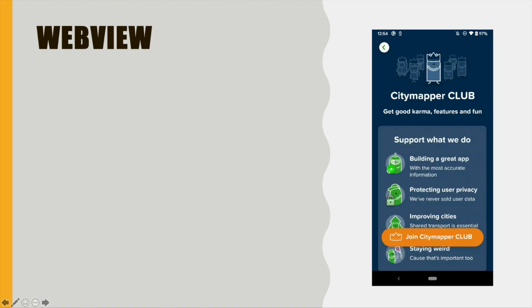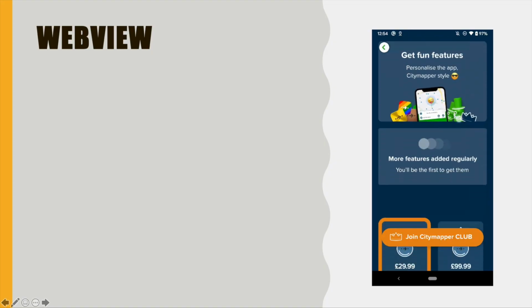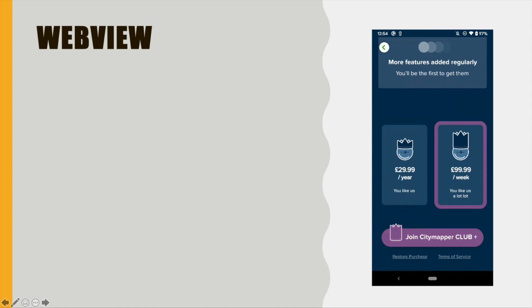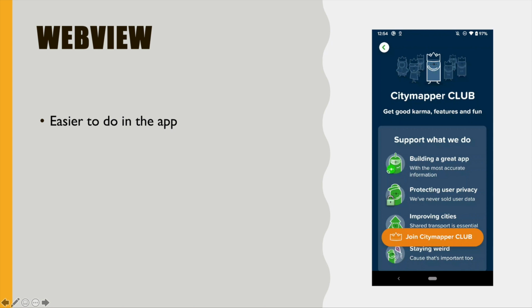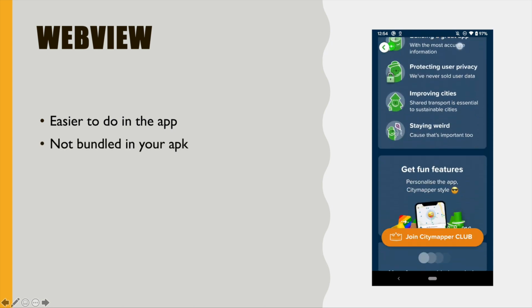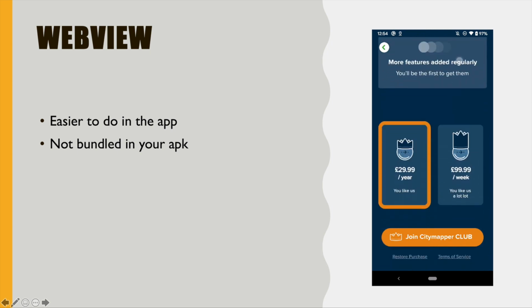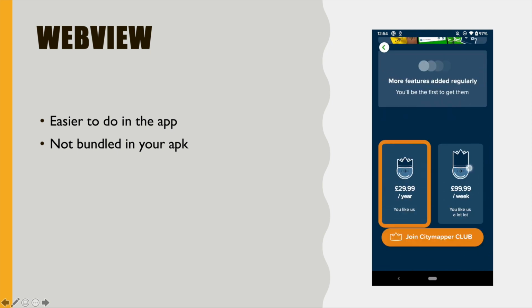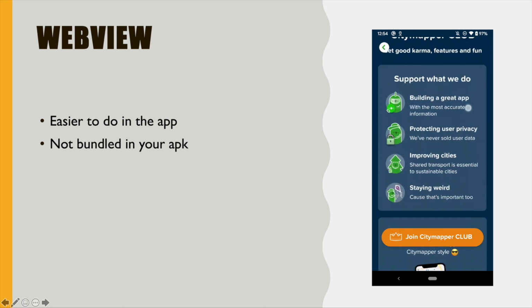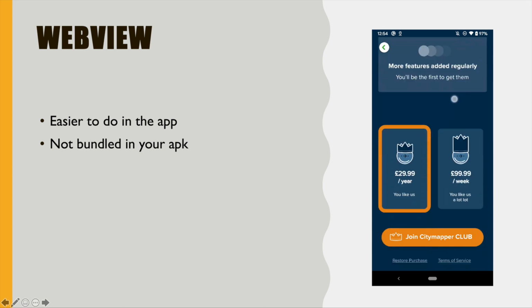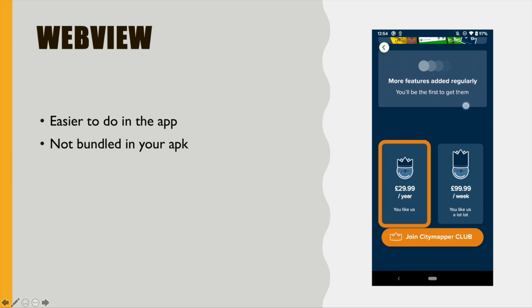For example, we have this in the CityMapper app. It's completely WebView. So it's easier to do in the app on our side because we have almost nothing to do, and it's not bundled in your APK. For example, at CityMapper, we have some features only available in London, and we don't want to embed this for everyone in the world because only the people in London will see the feature.